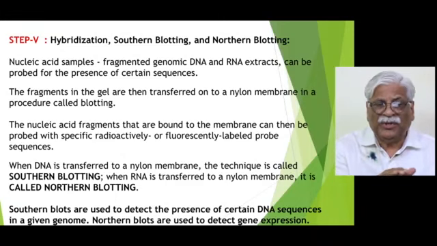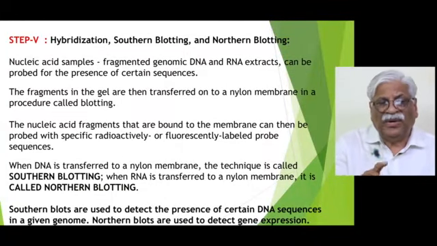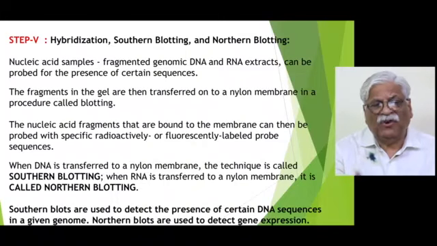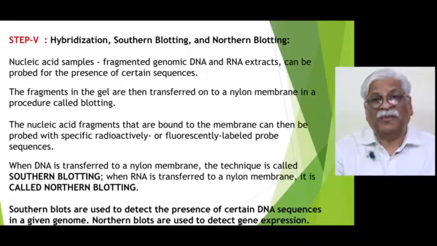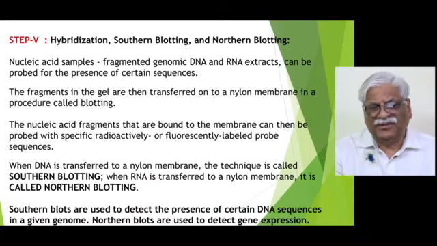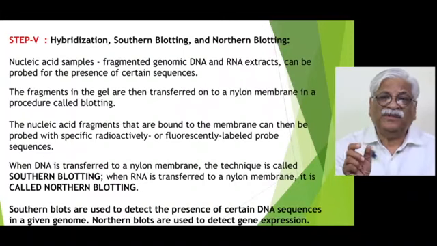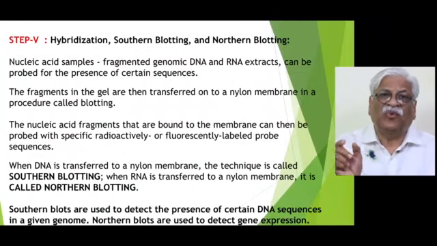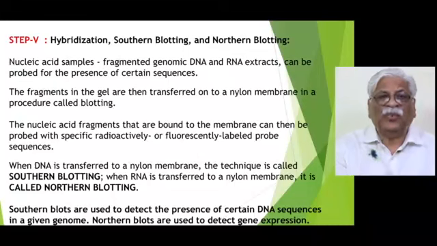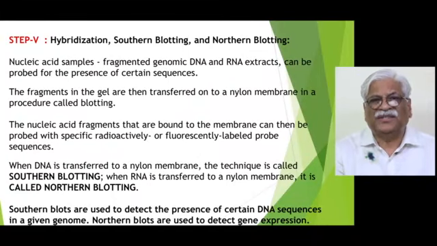So the DNA present on the gel binds to the paper, which is a nylon membrane, you can call it, and this is then treated with a specific type of substance. If you want to identify a particular DNA sequence, then a probe is required. Probe means an already synthesized DNA sequence on which we want to work. When we add the probe on this paper, that probe binds to the DNA structure, and then